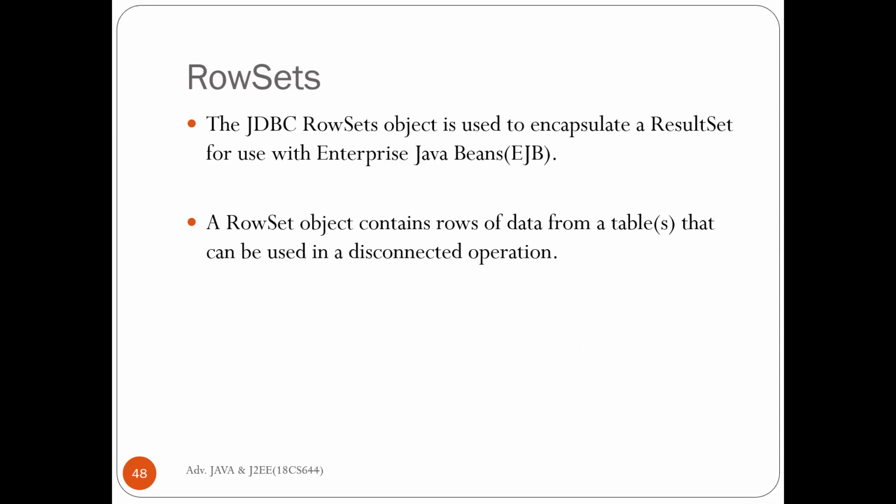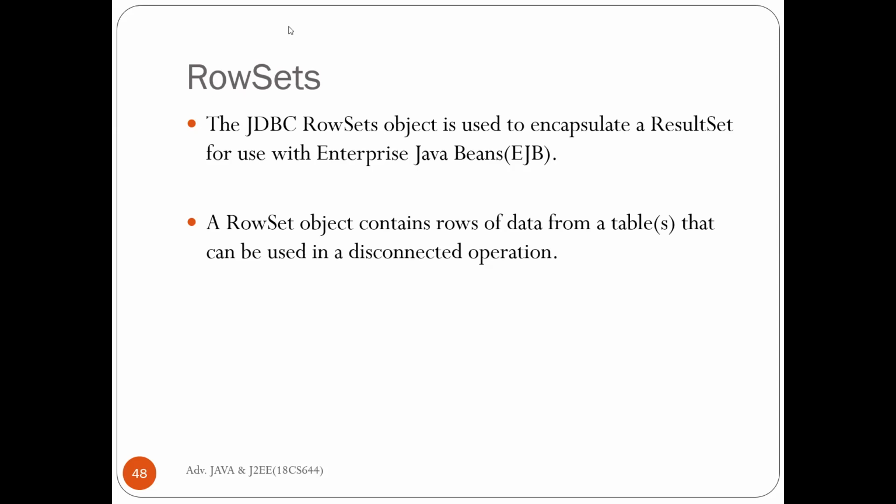Enterprise Java beans is a completely different module that will take care of the enterprise application. Here, a RowSet object contains rows of data from the tables that can be used in a